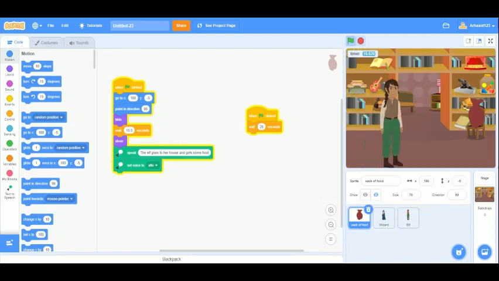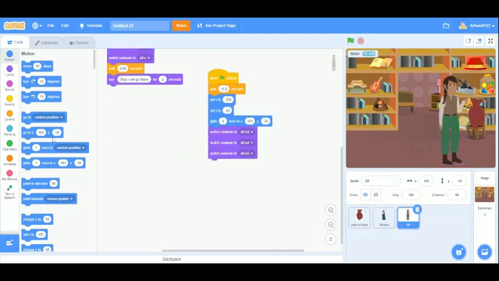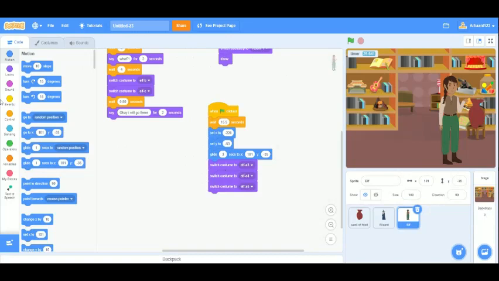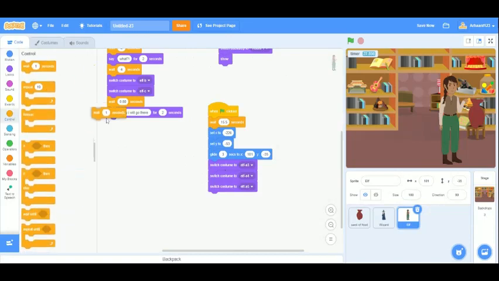The elf goes to her house and gets some food. It's 19. So we can go in elf. Here we can go wait 0.5,